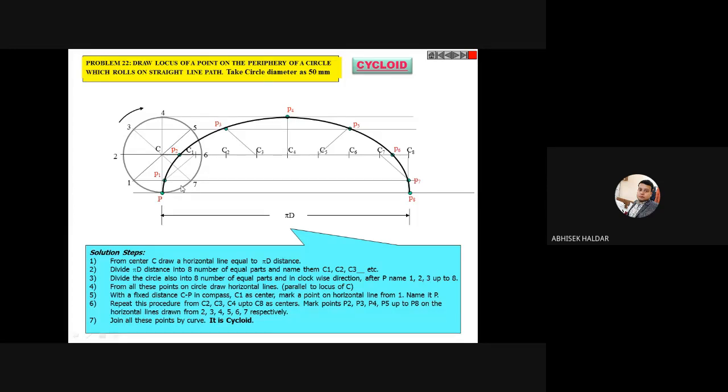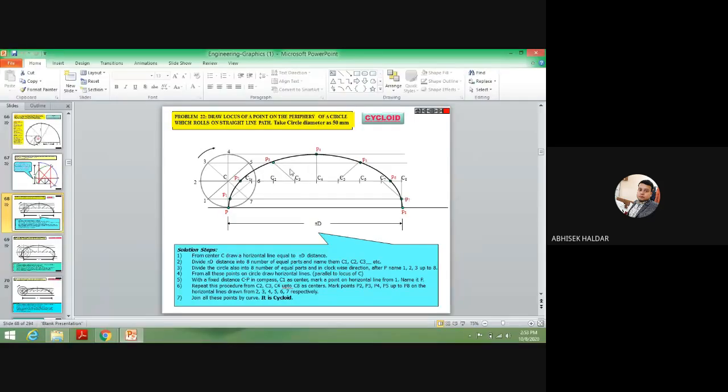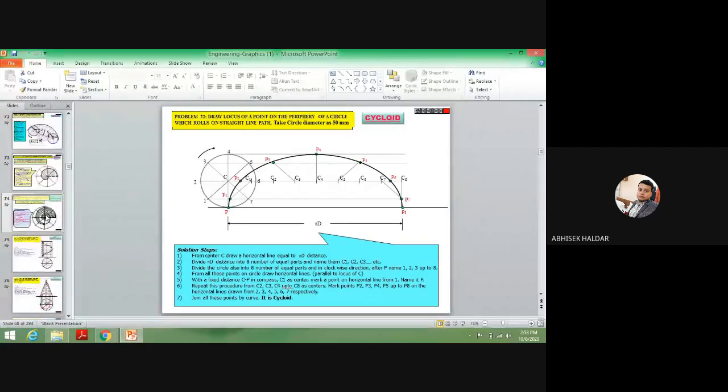If you see from question number 2 to question number 5 in your assignment, in each and every problem, I think you may have seen, draw the tangent and normal to that curve also. That means this cycloid curve I have drawn, and I have to take any point, for example anywhere on the periphery of the curve. On that particular point, you have to draw the tangent and normal to that curve. So for the cycloid, let me show you the tangent and normal to the cycloid.